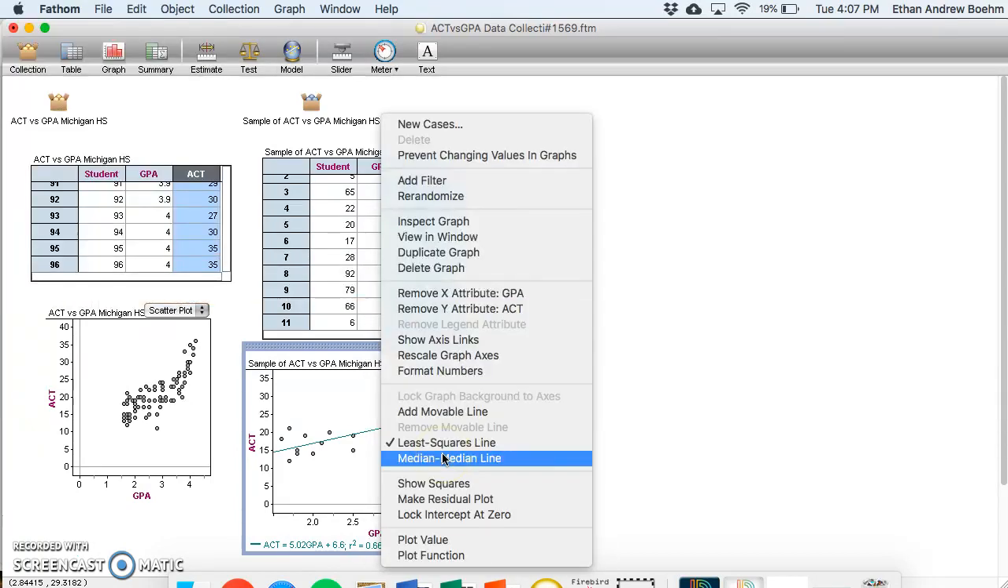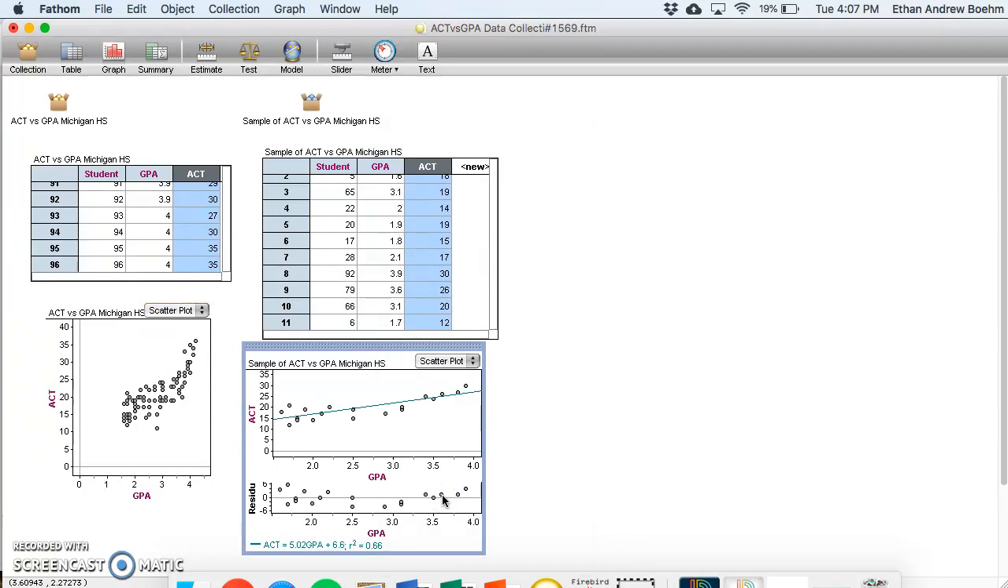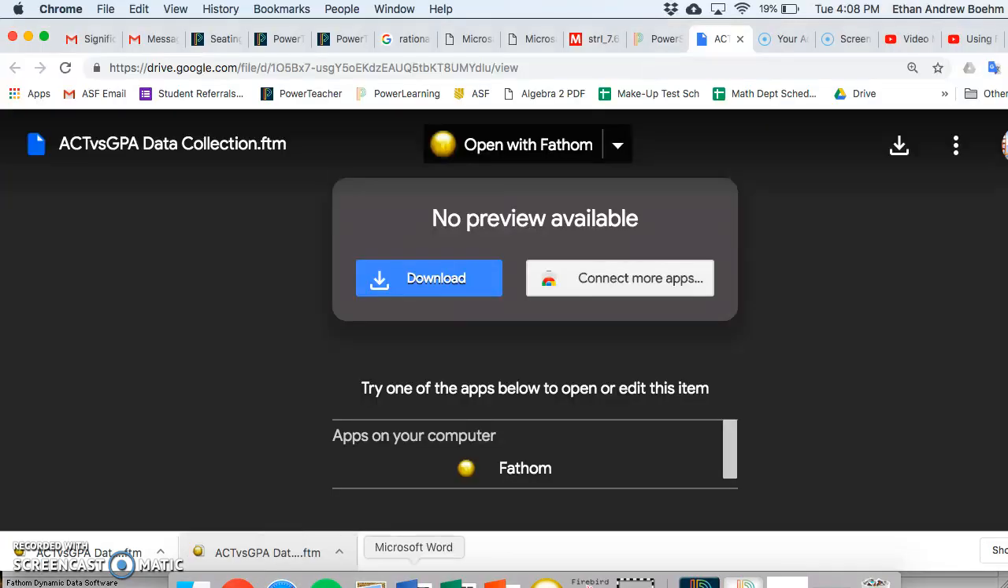So in Fathom, we can right-click, make residual plot. And in this residual plot, we're looking for the residuals between the least squares regression line and each data point to be essentially random. I look across and I look for patterns and I say, I don't think I see any patterns here. So that leads me to believe that the least squares regression line was approximately linear. The next condition we need to check